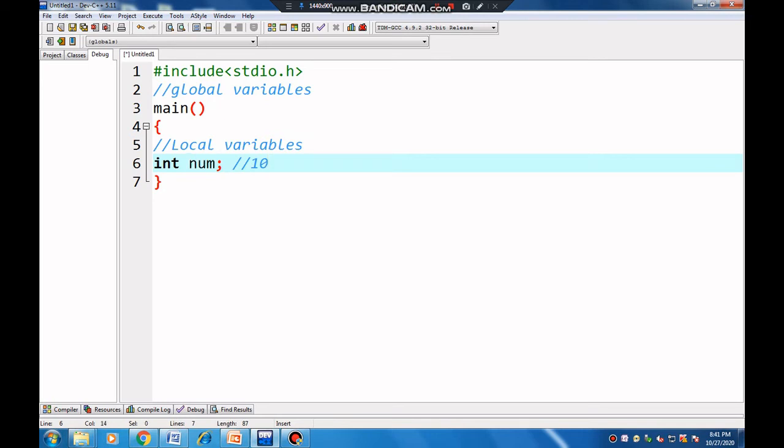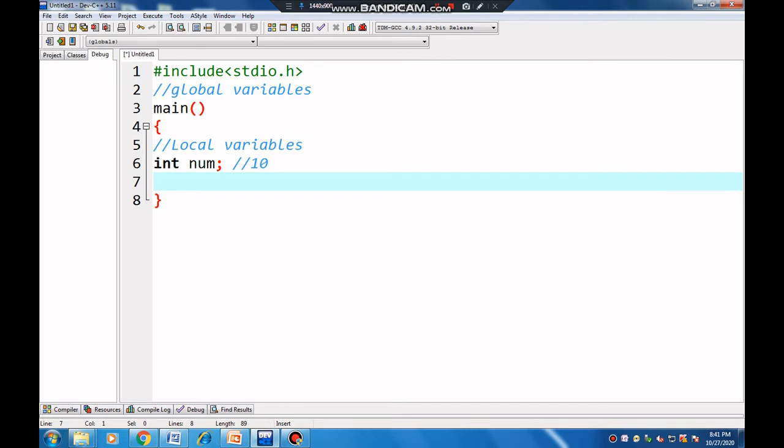Clear? After that, let's say I want to store a character, a special character or an alphabet. For that the data type is char. It is used to store a character. Let's say I am taking the variable name as vowel. So vowel is the name of my variable which is of character type, so it can store character data, only a single character. If I want to store a, I can store it in the variable vowel. Any character, if I want to store plus, I can store it in this variable.